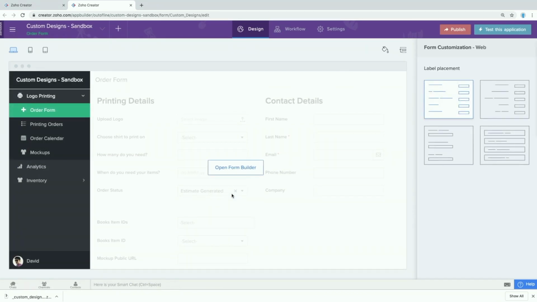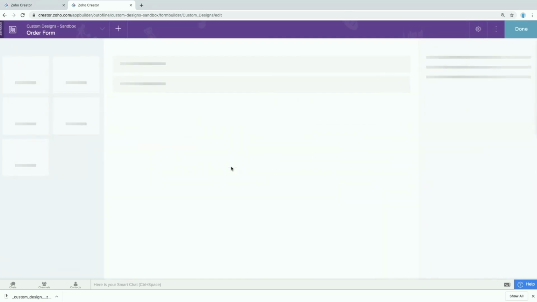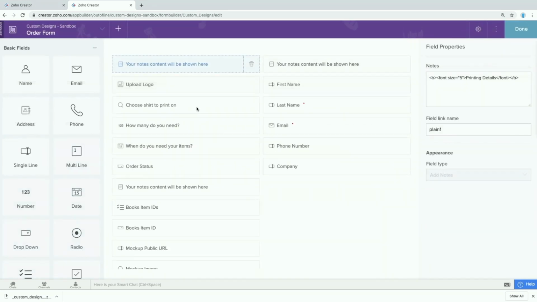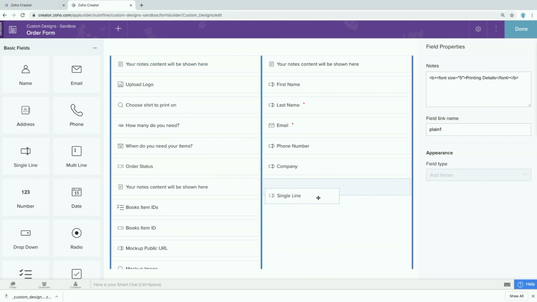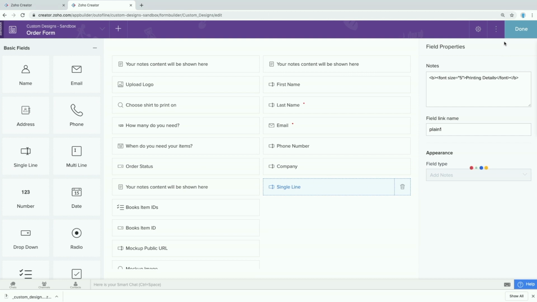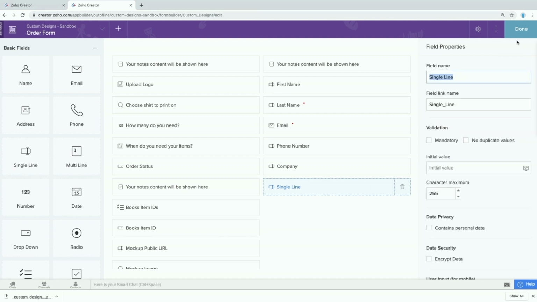So it's all ready. You can access the sandbox. And here's what it looks like. You'll see a purple bar across the top instead of the blue bar that you are used to seeing, but it works the same way. You just go in here, open your form builder, and we'll say that for this application, it would be nice to track where visitors are coming from. So we're going to add just a single line field. All right, there you are. And we'll call it visitor source.